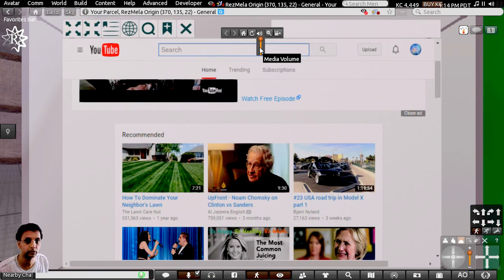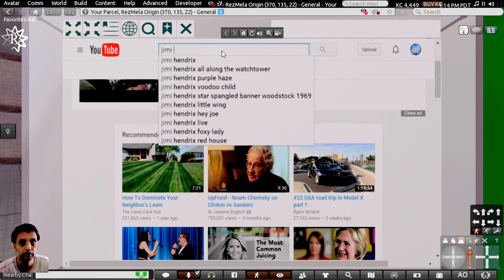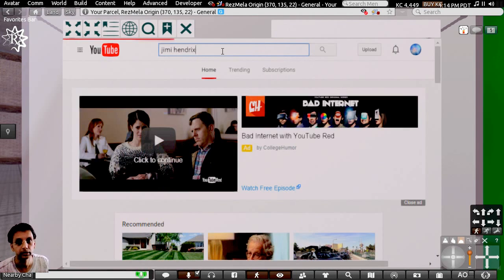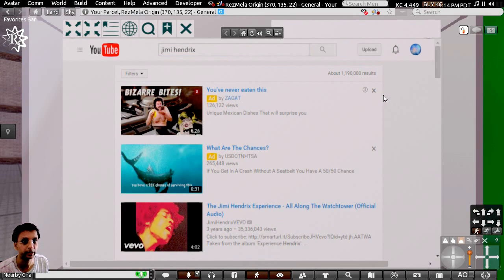If I want to listen to some music, I'll just start playing that music, and then what I'll do is lower the volume and then go elsewhere in the virtual room and access other things,